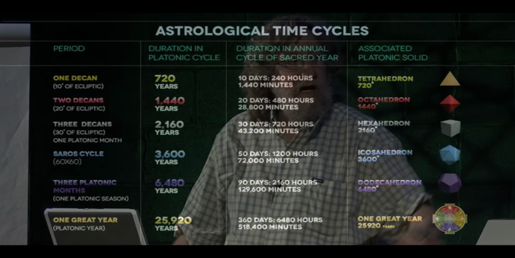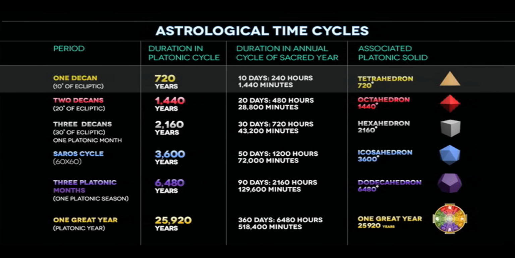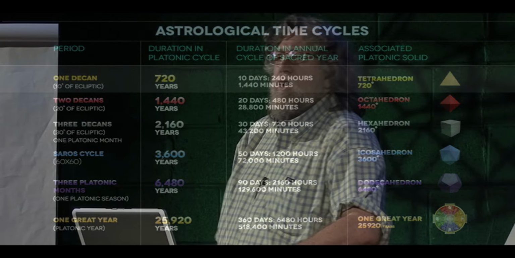And by doing so, they could then divide that 360 days of the sacred year into subdivisions such as this right over here. And we'll just run through that very quickly. You'll notice that one decan turns out to be 10 days within the sacred calendar, and that's exactly 14,400 minutes. So here we have the same numbers recurring again. You'll notice, though, that the symbolism of the number is not lost, or the system of the symbolism of the number is consistent irrespective of its order of magnitude.